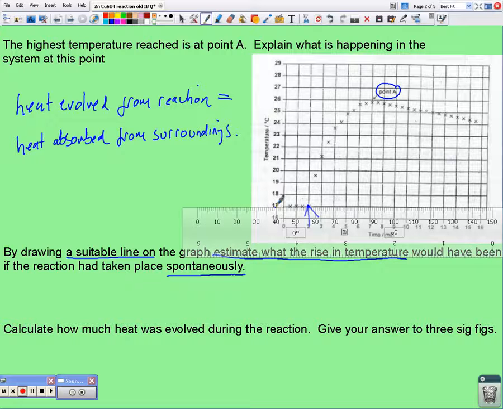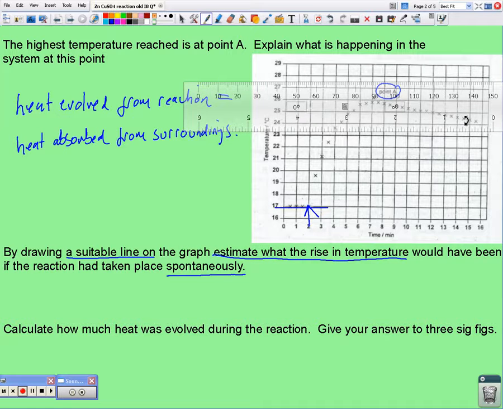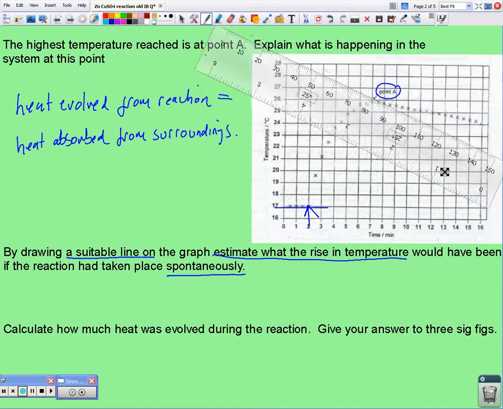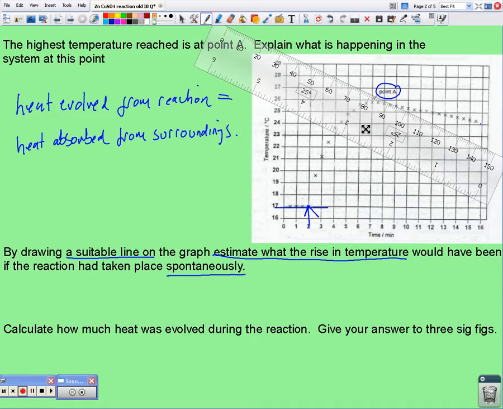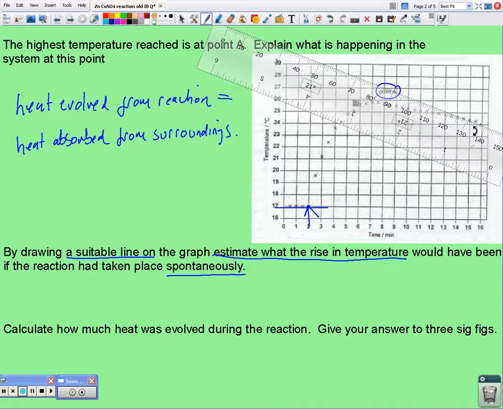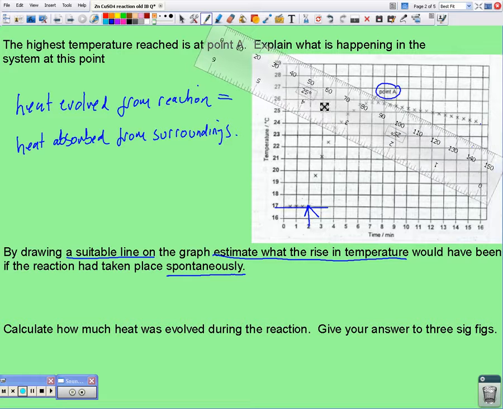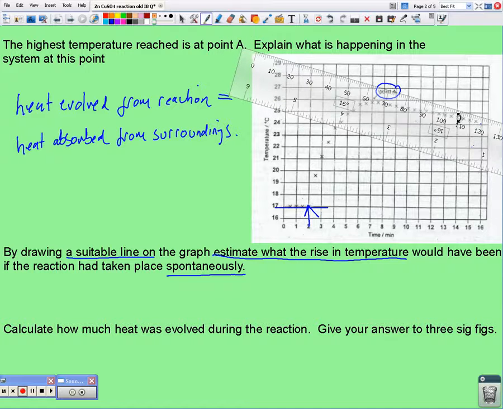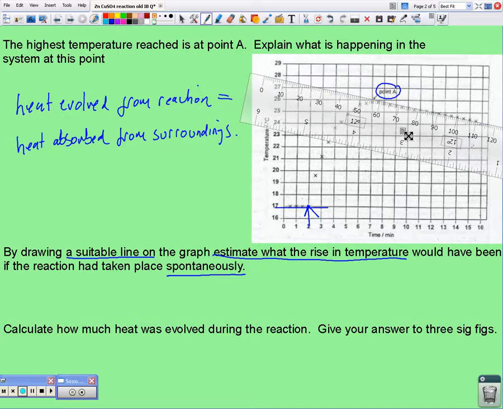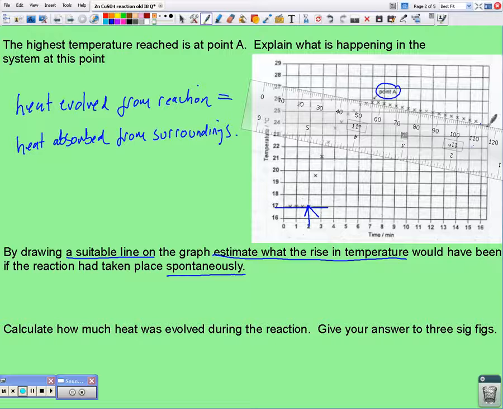Could draw a line here, and then if we take our ruler up, we want to try and get a best fit line. I'm not very good at using this ruler to draw a best fit line. That's ish. Okay, I'm going to use that to draw my best fit line all the way up here,